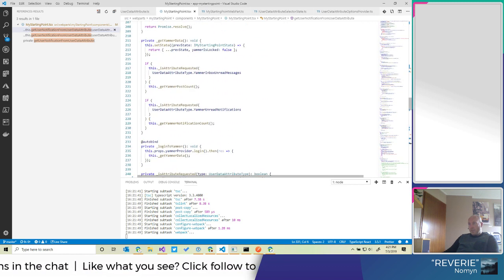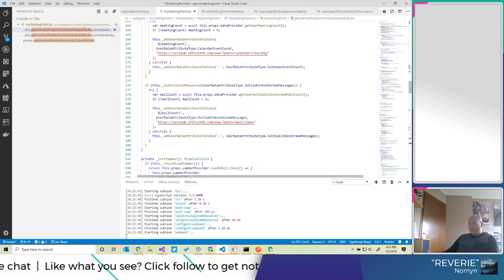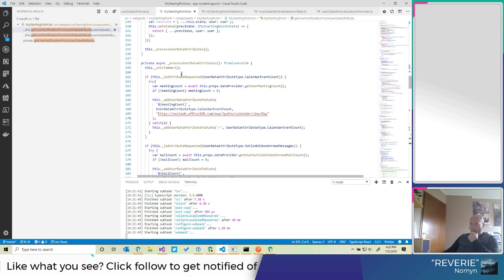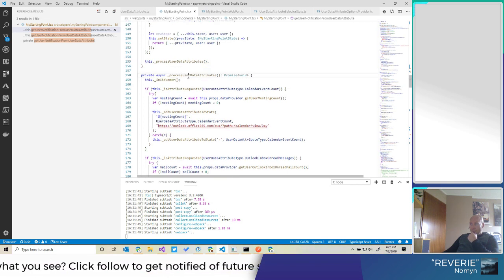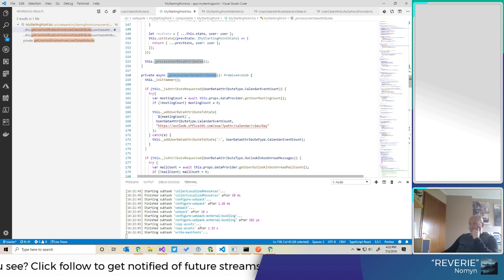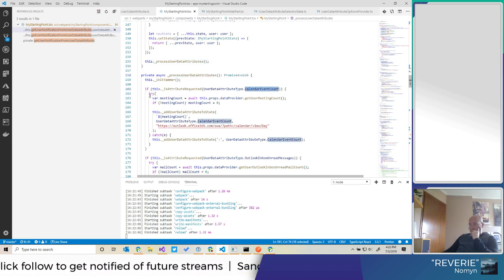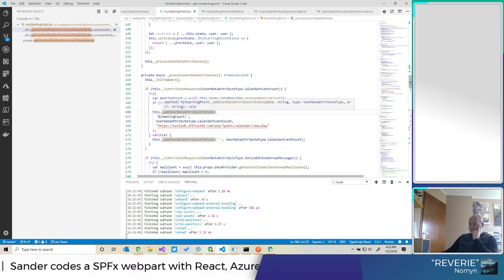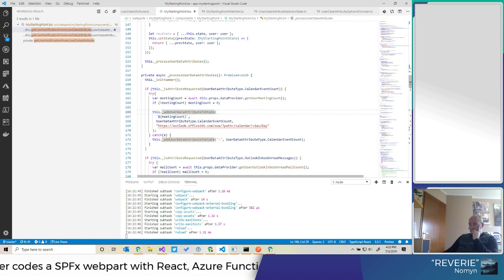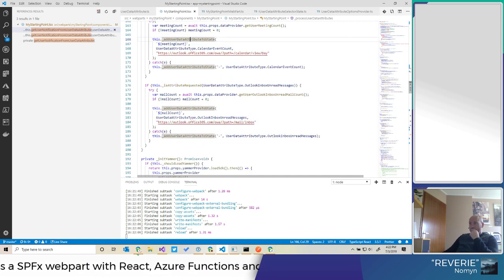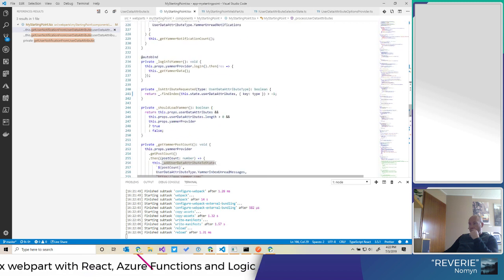I'm trying to see where it's actually getting the data. For example, it's happening over here. So for the built-in one, if it's the calendar event count, it's going to go to the data provider, get user meeting counts, then it is added to the state with a path, data type, URL, and it gets added to the states.